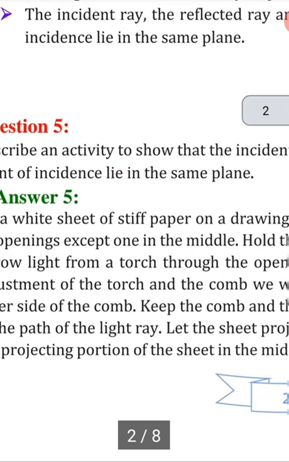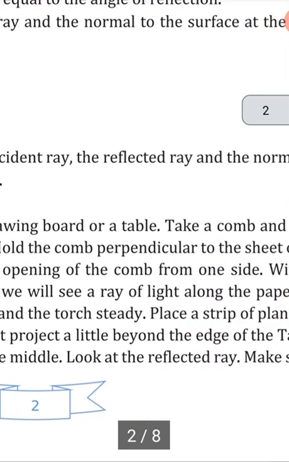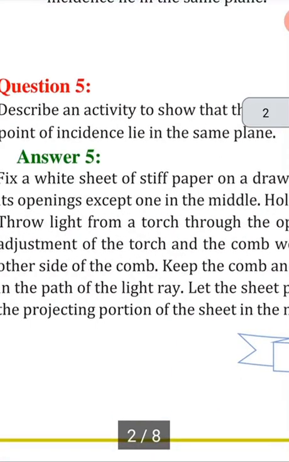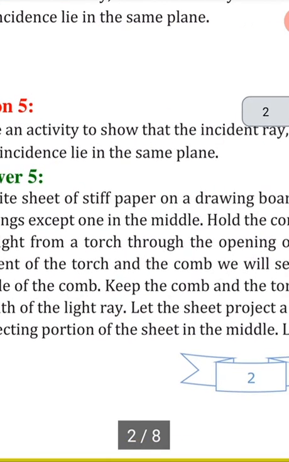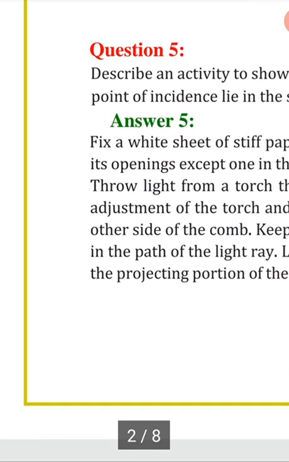Describe an activity to show that the incident ray, the reflected ray and the normal at the point of incidence lie in the same plane. जैसा कि हमने कल इसके इंसिडेंट रे और रिफ्लेक्टेड रे और नॉर्मल के लॉज़ पढ़े थे। तो आज हम इसका दूसरा हिस्सा पढ़ रहे हैं कि हमने एक एक्सपेरिमेंट के ज़रिए ये दिखाना है कि they all lie in the same plane।